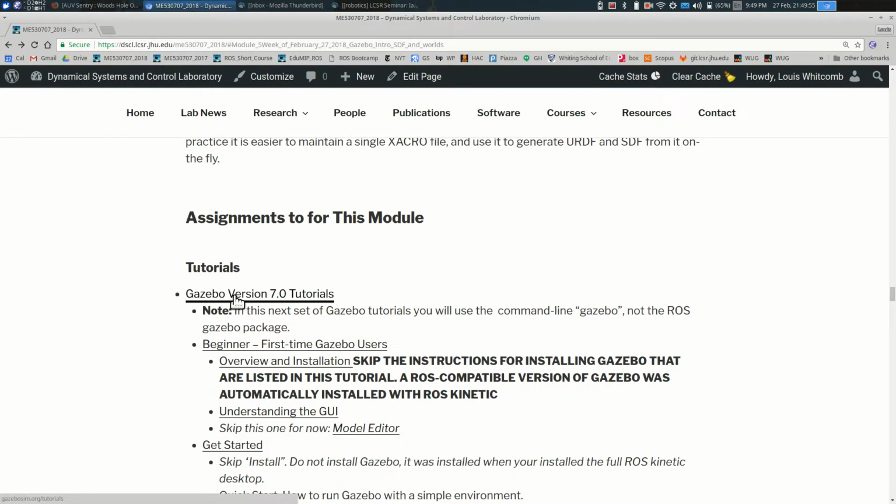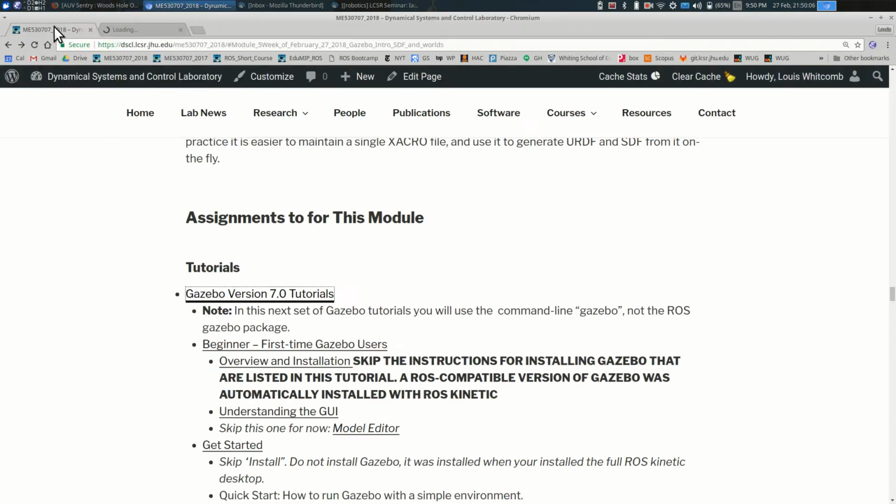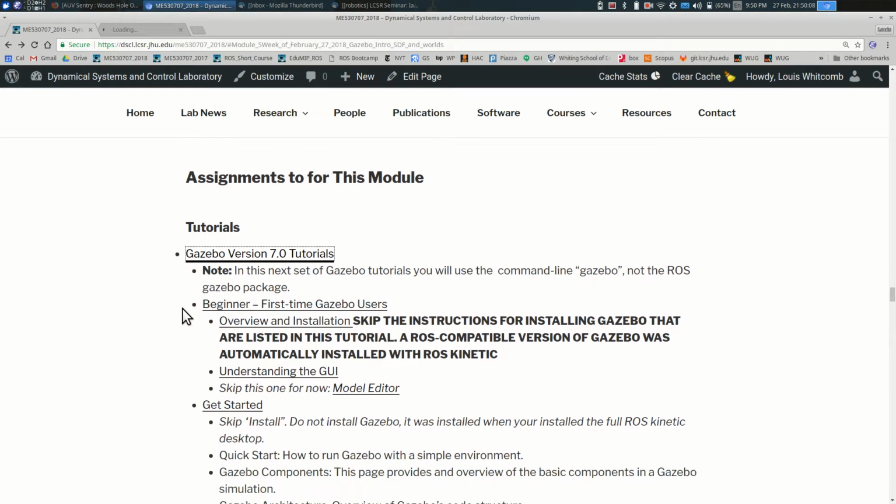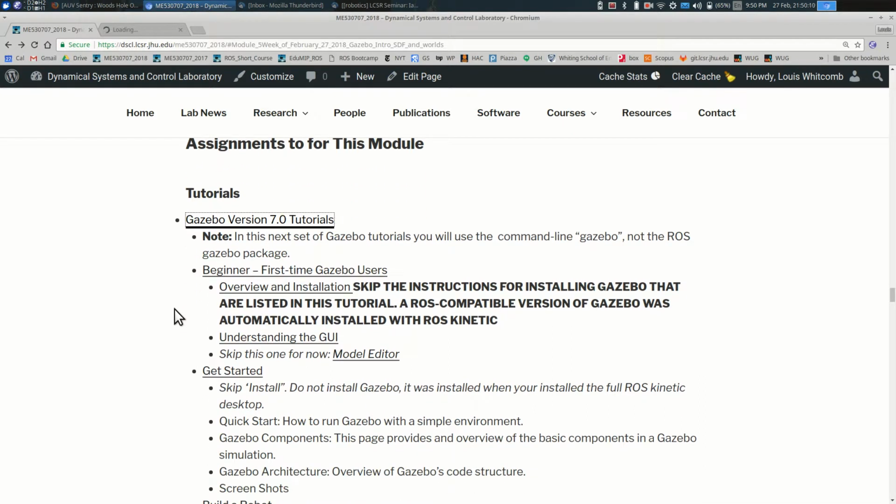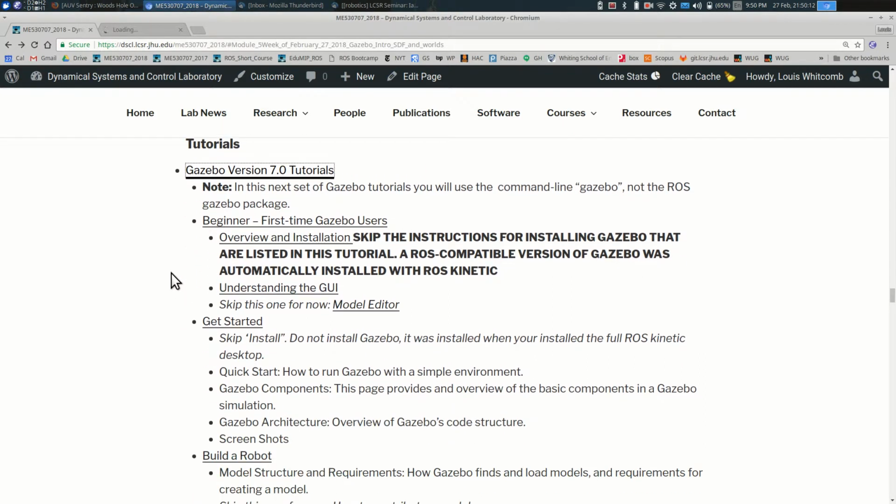So I asked you to do a bunch of tutorials. Please do the tutorials before you try to do the assignment. I'll step you through the tutorials today. We're using Gazebo version 7, and notice that, for example, in Gazebo version 7 tutorials,